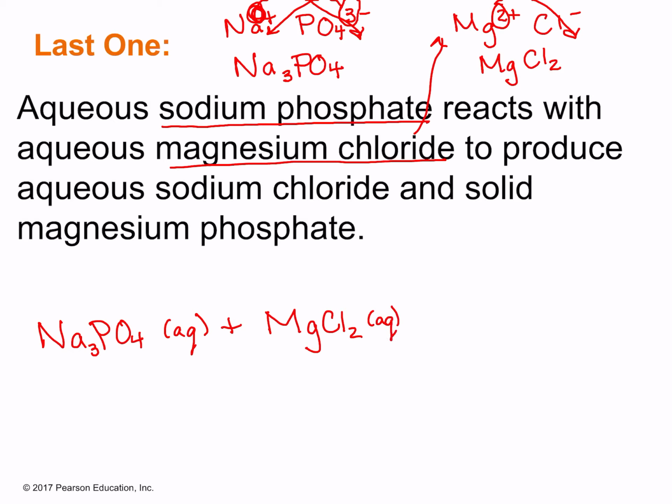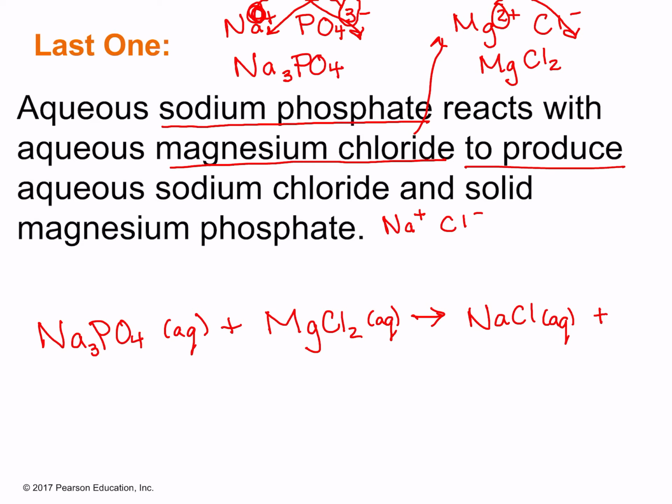And then to produce, that's telling us to write an arrow. Aqueous sodium chloride. So sodium chloride will be Na+, Cl-, right? That is an ionic compound. Since they're both +1, -1, right, they cancel out, so we can just write NaCl, and that's aqueous. Sorry, I'm starting to write smaller. I realized I was writing out of room. Plus